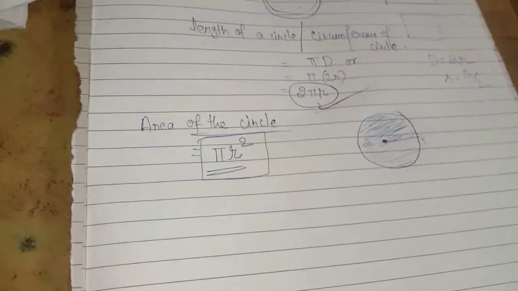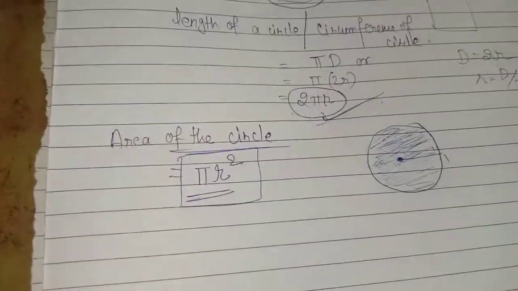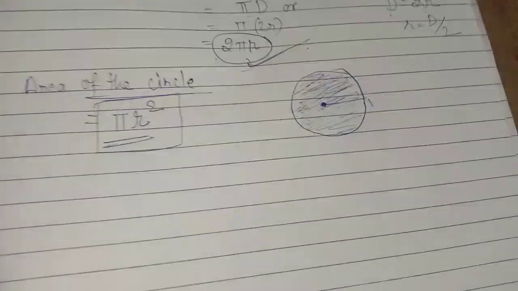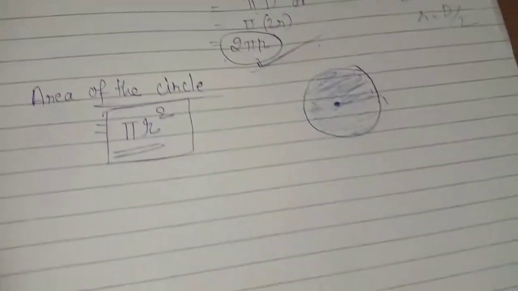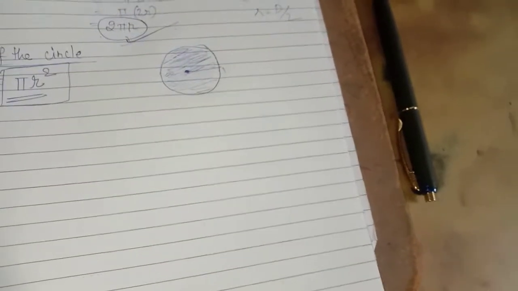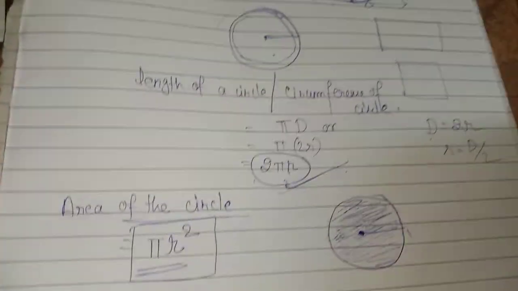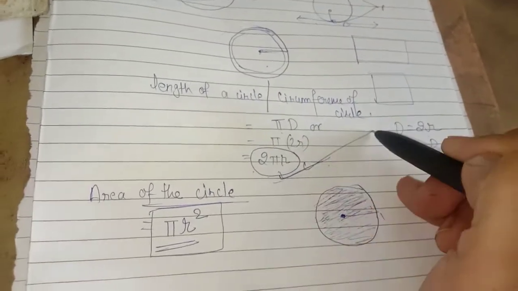Clear? So examples are given there. We have to go for the examples too. Example 1 is there. Try to solve it, a very easy one. And let me explain some questions of exercise 12.1. So are you clear about the concept now? Circumference and area, so we'll utilize them in solving the numericals. So let's have the numericals.